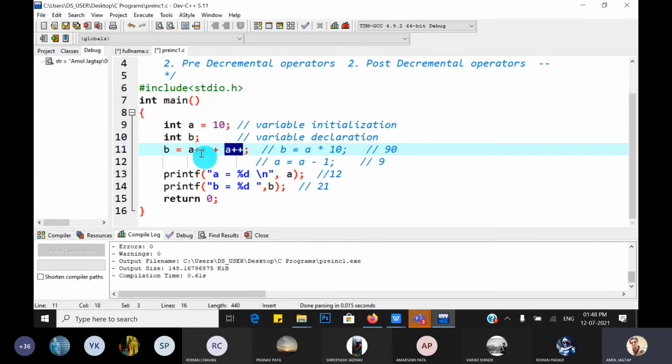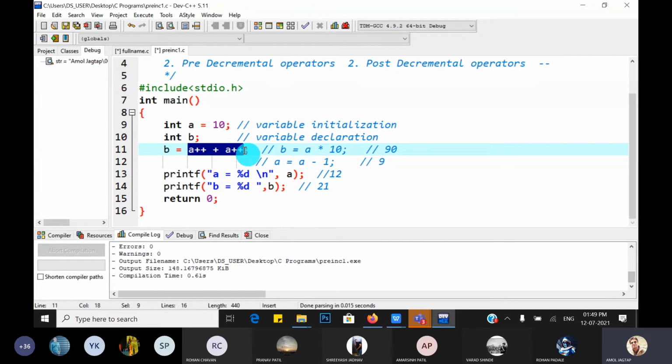But it is not the case. The initial value is 10, but when this statement is executed it becomes 11, and that 11 is carried forward to this A. So the current value here is 10 itself, and this becomes 11. So the value of B becomes 21. And how many times is A incremented? It depends.